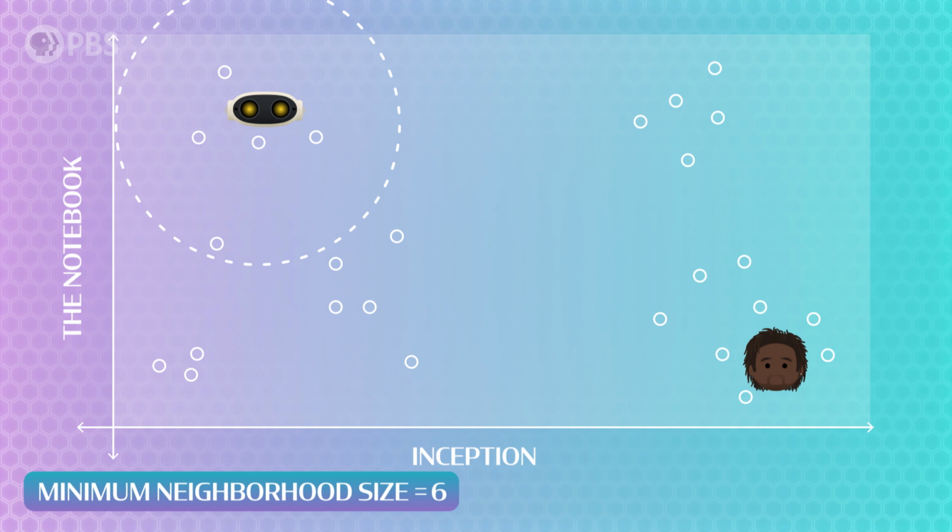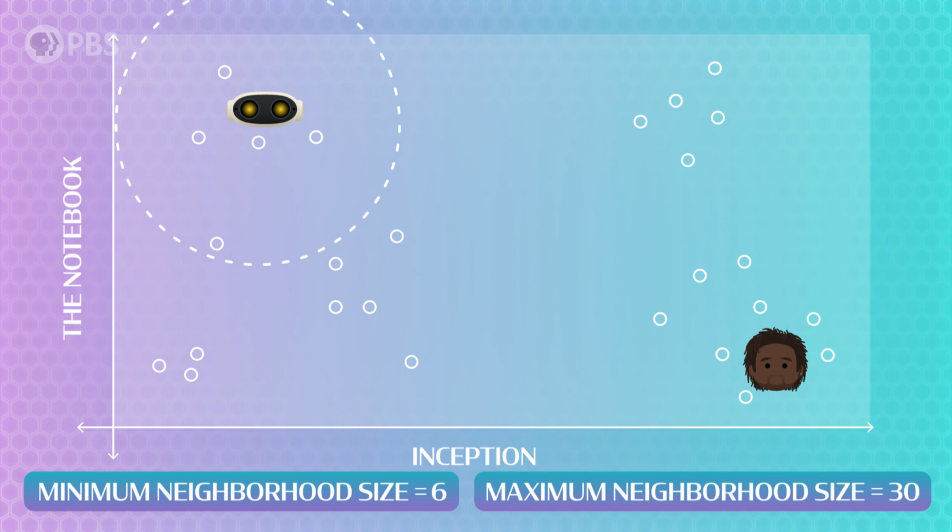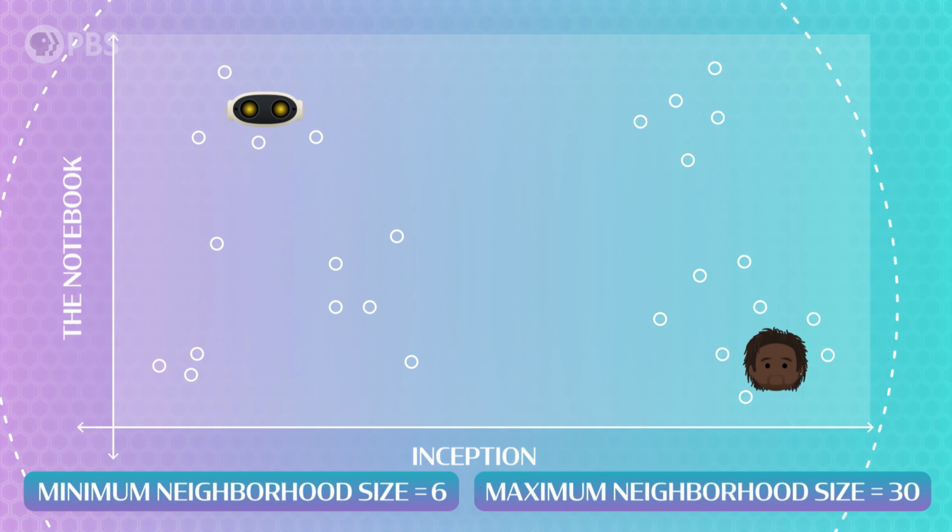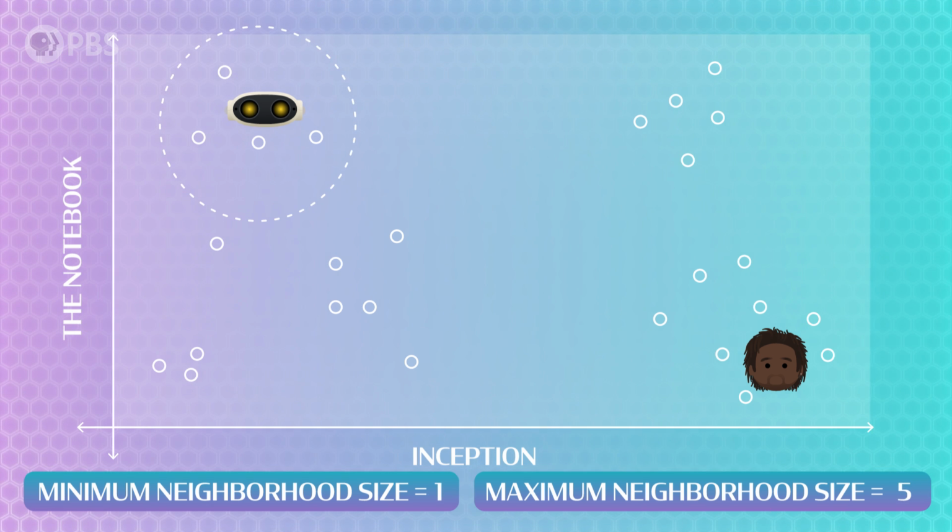I also have to set a maximum neighborhood size, or the maximum number of people the algorithm should put in one cluster. Again, having clusters that are too big might give recommendations that are too generic and don't consider individual taste enough. After the algorithm has defined the cluster of people who will like these movies just about as much as John Green Bot, it can analyze what those users have rated movies that John Green Bot hasn't seen yet,